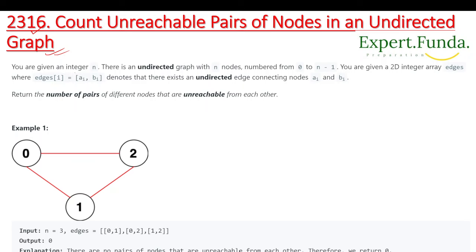You are given an integer n and there is an undirected graph, right? It has n nodes numbered from 0 to n minus 1, meaning they are not connected at first. You are also given a 2D integer array edges, where edges[i] is [a, b], which denotes that there exists an undirected edge connecting node a and b. Now it is saying to return the number of pairs of different nodes that are unreachable